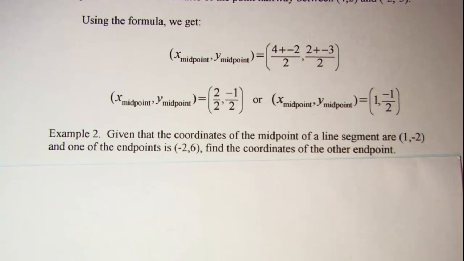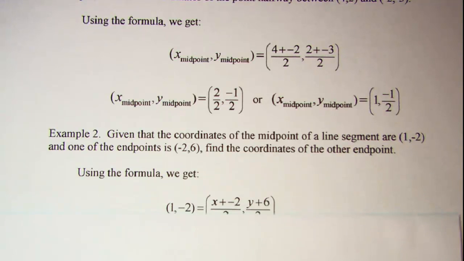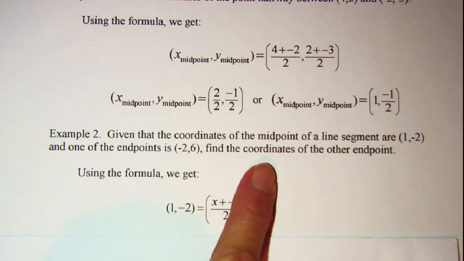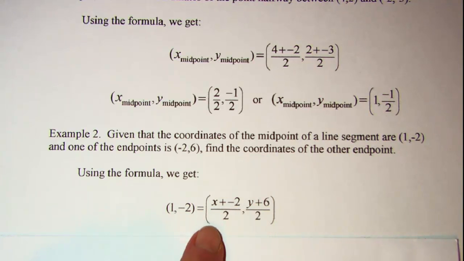given that the coordinates of the midpoint of a line segment are (1, -2), and one of the endpoints is (-2, 6), find the coordinates of the other endpoint. So again, we're going to use the formula, but this time we don't know the coordinates of the second endpoint, so we're going to just use x and y in the